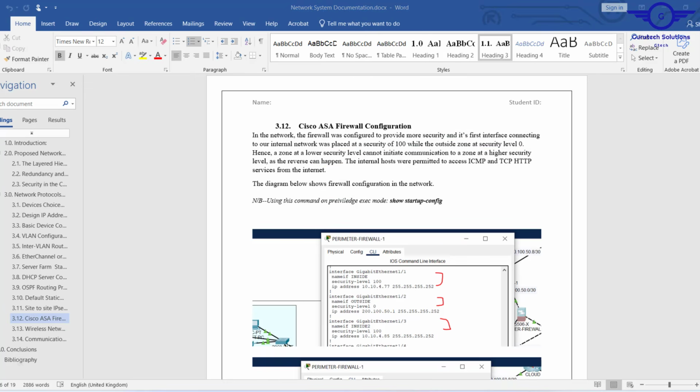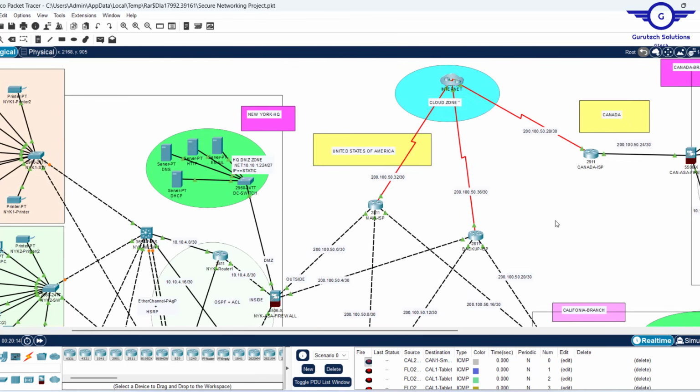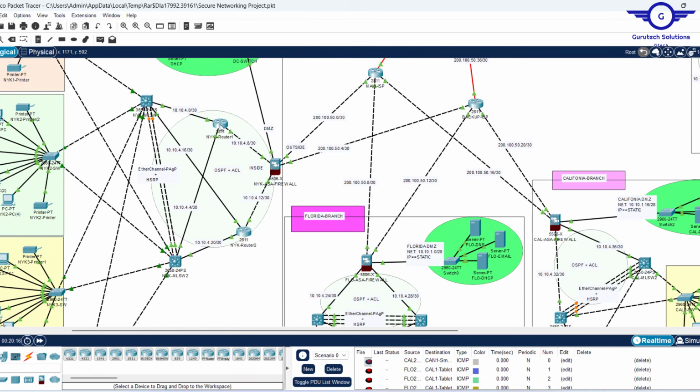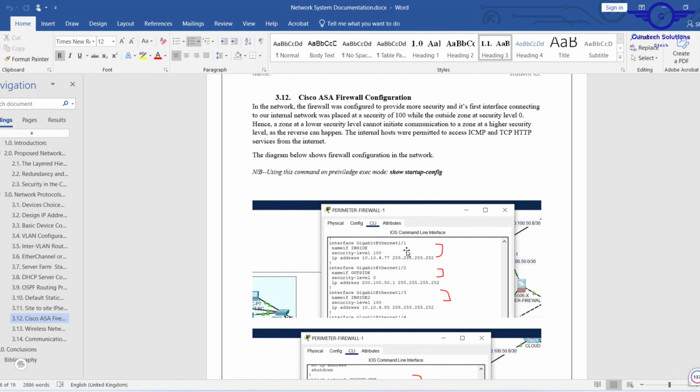The site-to-site VPN should have been implemented on the firewalls. Okay, this firewall, this firewall, this firewall, and this firewall, and not the backend router. It should be on the firewall. So I think I have a project that has implemented site-to-site VPN on the firewall. All right. So another thing that we need to discuss here is